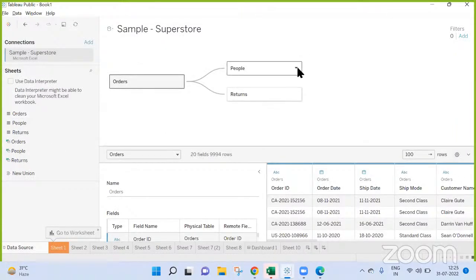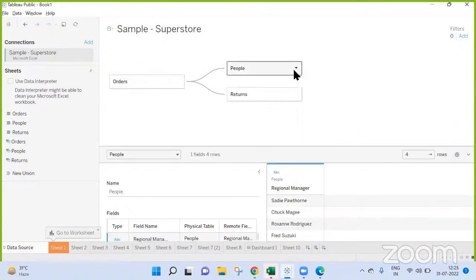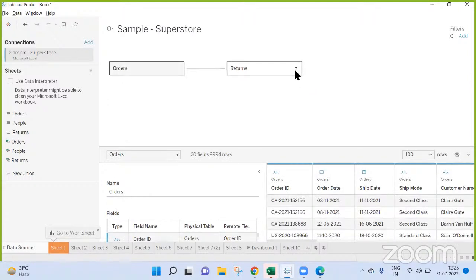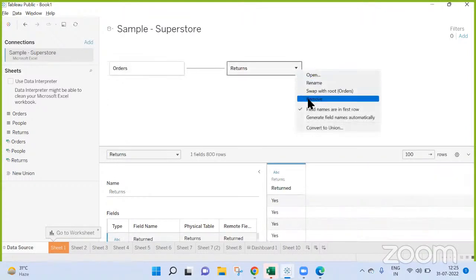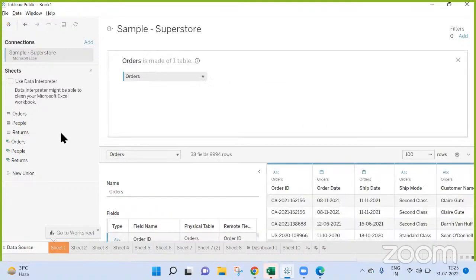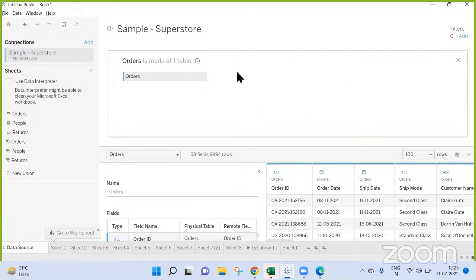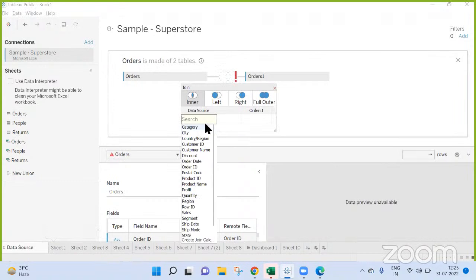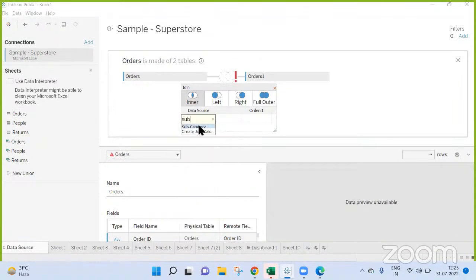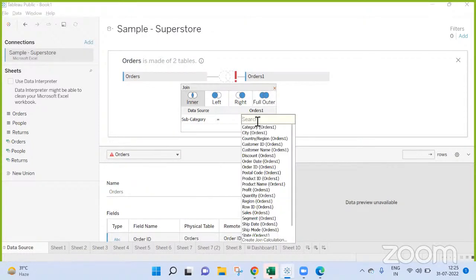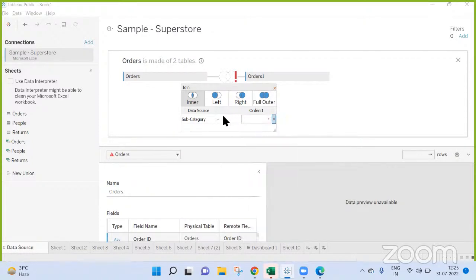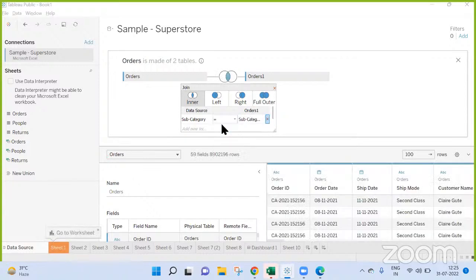Here, remove. Again here it is remove. Now I'm going to a join, and here I'm taking orders again. I'm not sure this is going to give you or not. Subcategory and the subcategory. This is not.